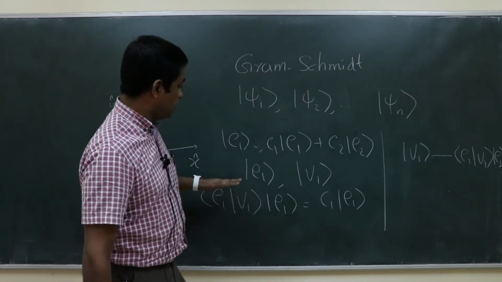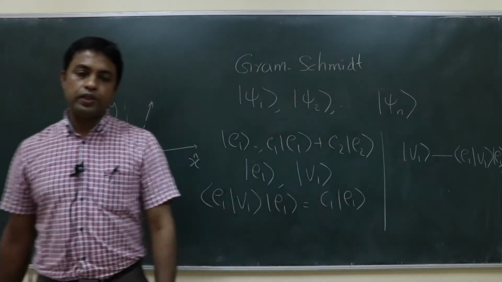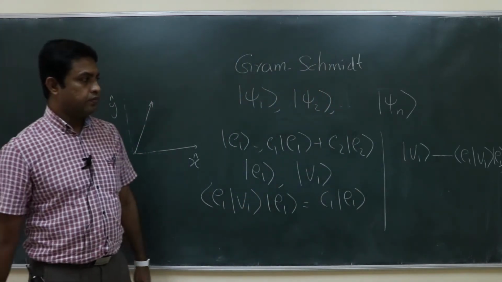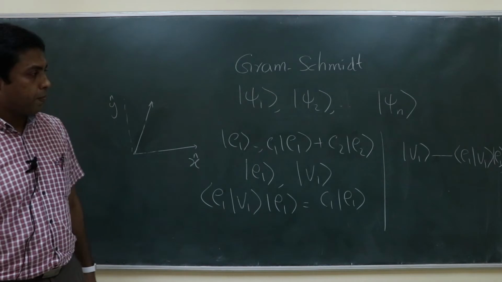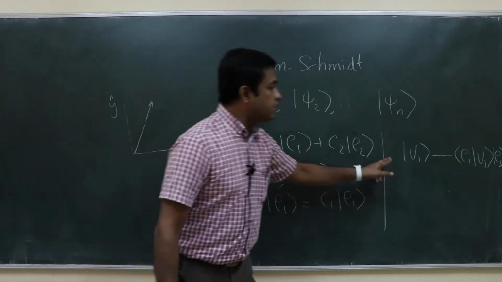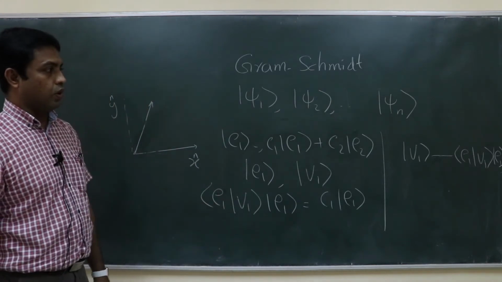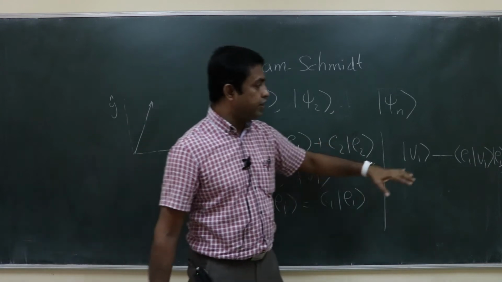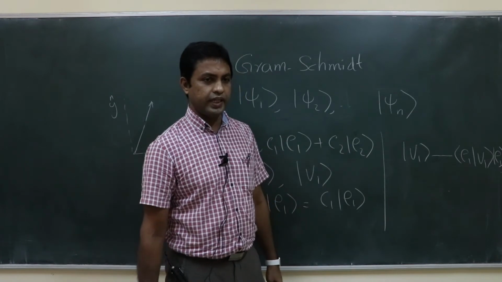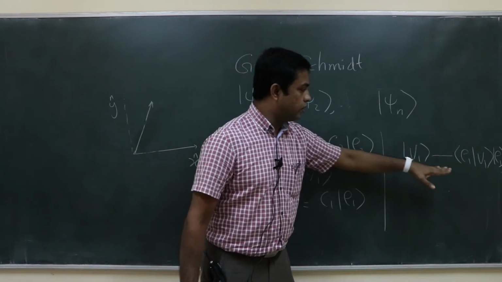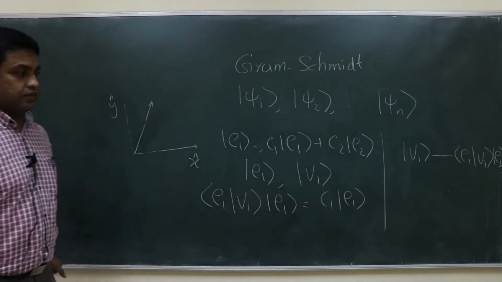along, because orthogonal to. So is this vector orthogonal to ket E1? Yes. So is this vector normalized? No, sir. This is not normalized. So how do you find out the normalization of this quantity? You have to divide with the norm of this vector, right? So you should divide this one with the norm of this vector, then you will get a normalized vector. So that is the procedure, okay?